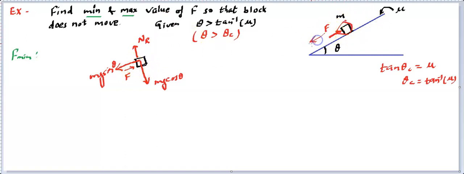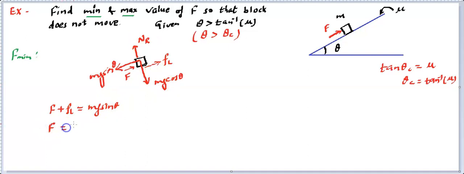Now in this case, when you're applying a minimum force, then you'll find the object is just about to slide down. So since the object is just about to slide down, friction will be acting in the upward direction, and it will be acting at its limiting value, right? So at limiting value, F has to act, and nothing is moving because you don't want it to move. So we can write it as F plus F limiting value must be equal to mg sine theta. And as far as N R is concerned, N R is going to be mg cos theta.